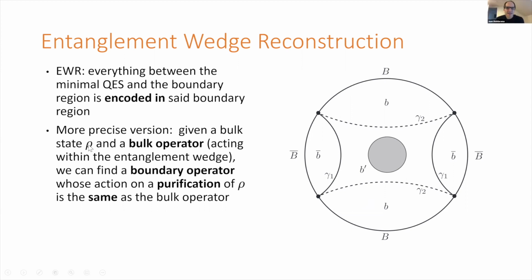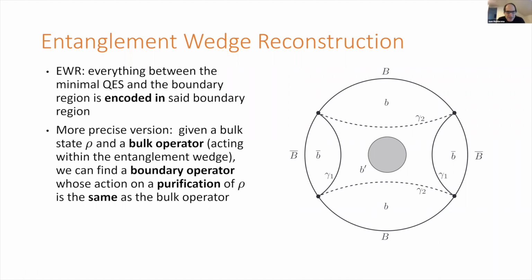Isn't there some subspace implicit in this definition, where you take rho and act with all the bulk operators you care about? You will generate some subspace, and it has to work for that subspace, right? Yeah, maybe it's a subspace. It's a question of how you define the error to some degree. It's a question of whether you care about all states. You can say that rho has some set of eigenstates and it needs to do the correct thing on them, or at least on all the ones with large eigenvalues. But it's a question of whether you weight the error based on how large the eigenvalue is, or you treat all the states equally. And that can affect the answer.